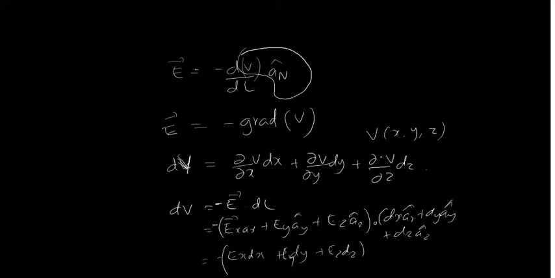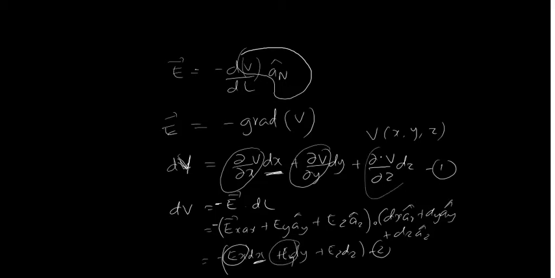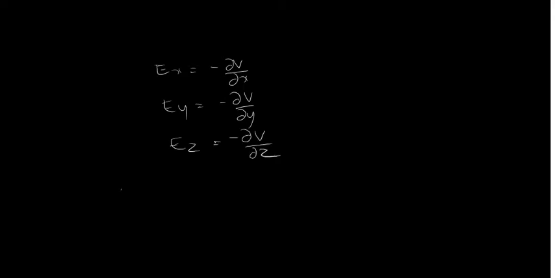Correct? So compare these two equations, let it be 1, this is 2. So here you have dx, here you have dx, so this should be same, right? Because the LHS is same. So dou V by dou y should be Ey and dou V by dou z should be Ez, but there is a minus sign. So from this I can write Ex is equal to minus dou V by dou x and Ey is equal to minus dou V by dou y, and Ez is equal to minus dou V by dou z, and totally electric field intensity E is equal to